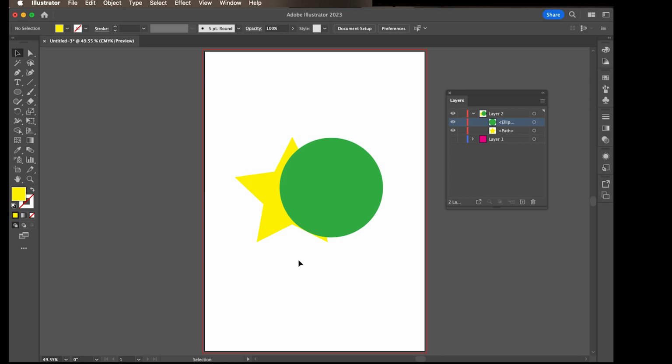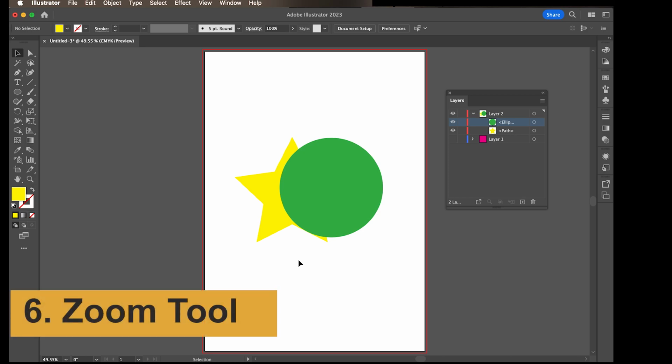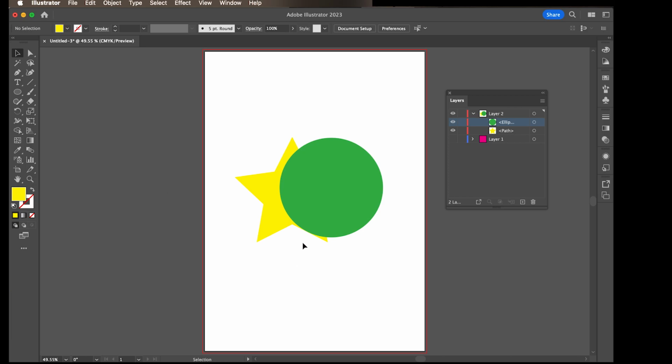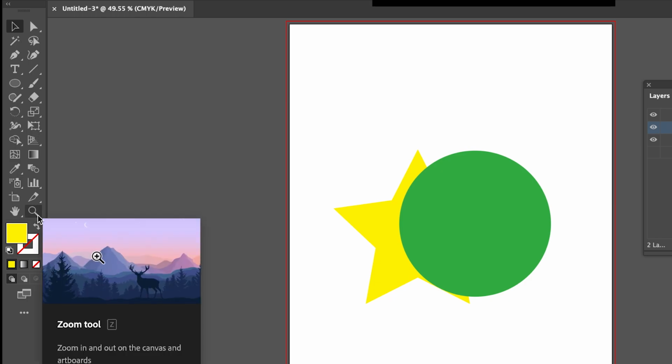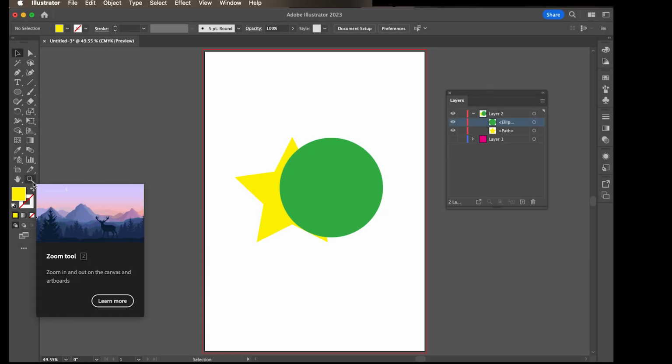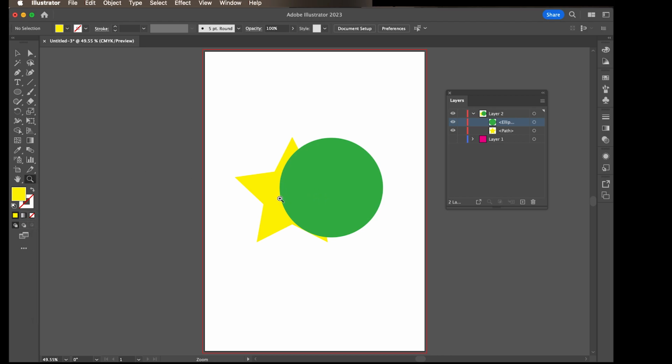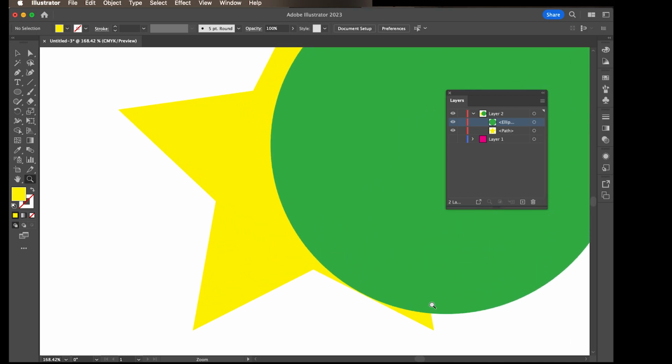Okay, so the next thing I want to introduce is the zoom tool, which I've been using all the time. If you want to zoom in, if you need a closer look, go to the sidebar, and in the bottom section you can see the magnifying glass icon. This is the zoom tool. The shortcut is Z. If you click that, and you want to see this section closer,